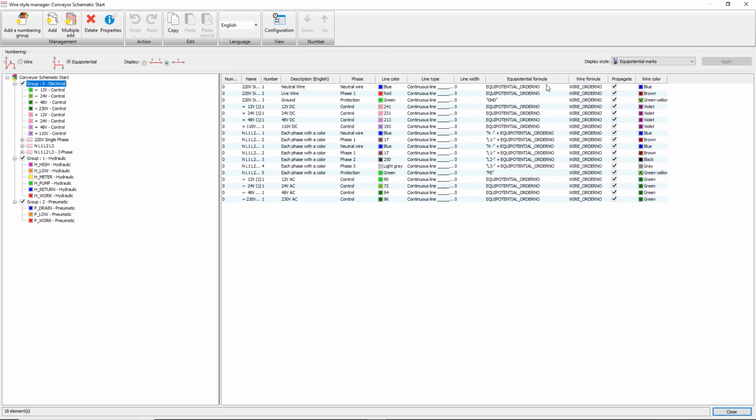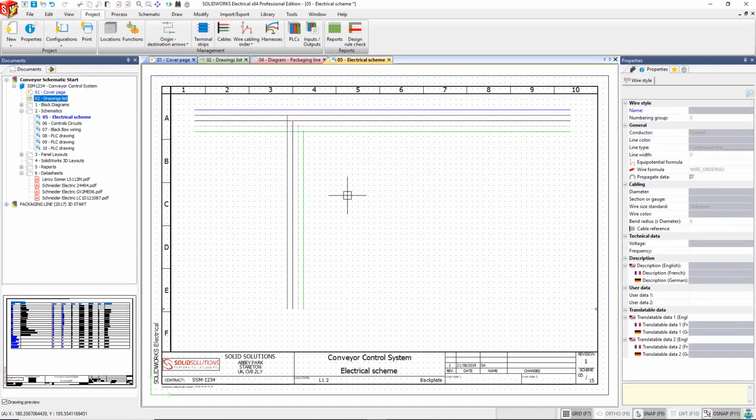One of the main areas I like to focus on is the formulas. So for each type of wire, you can set up a formula. This could be a numerical formula. It could be maybe making use of the section of the wire, or maybe what it's connected to as part of that formula. But this is great. It's fully customizable, and it means that you're no longer manually numbering your wires on your schematic. We can just click a button and it updates automatically.